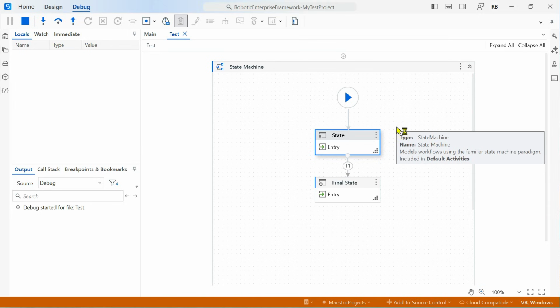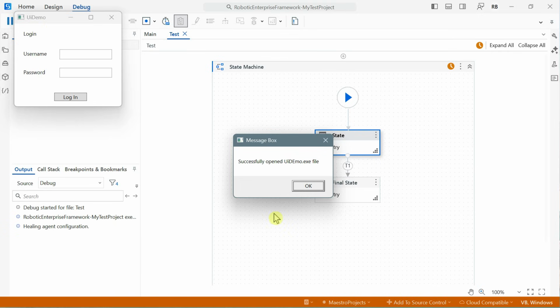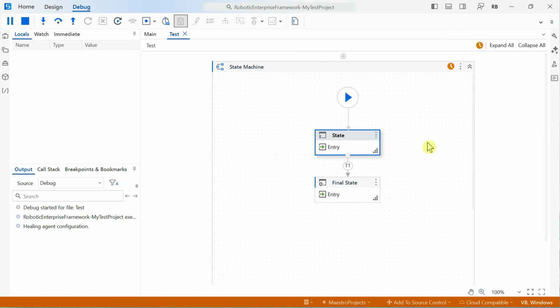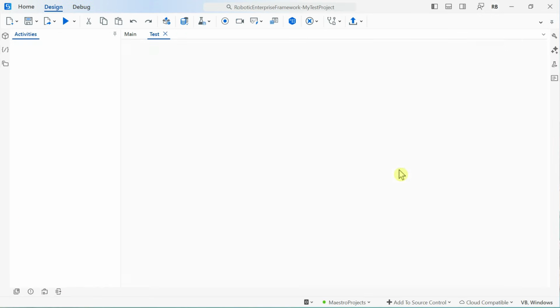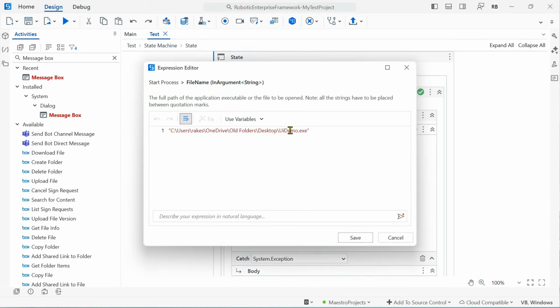Now let's see. It should be able to open the application. You see, it has opened the application, successfully opened the UI demo.exe. Click on OK, and it's done, right? Because we have not connected the state to elsewhere. So it is done. What I'm going to do is open this, and in the start process, I'm going to modify this to UI demo1,